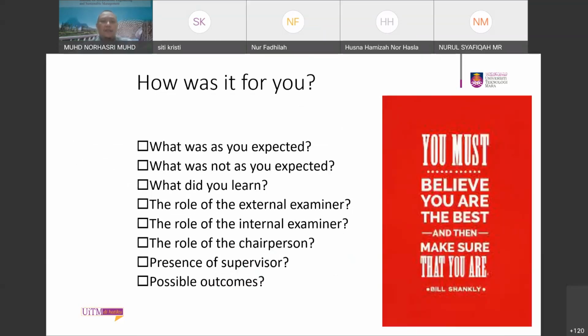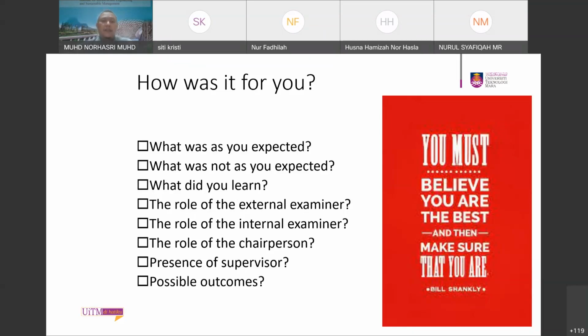And for the things to expect, we are almost at the end of our presentation. You need to expect how your examiners are. So before that, you need to study your examiners or your panels. What are their expertise? You need to study this. What have you learned on this while preparing your DRP during the first year?